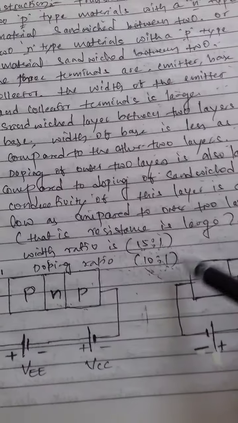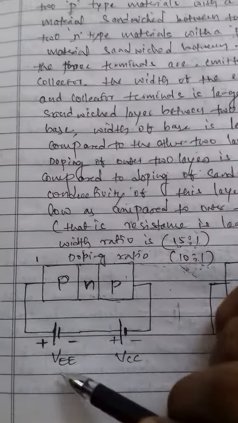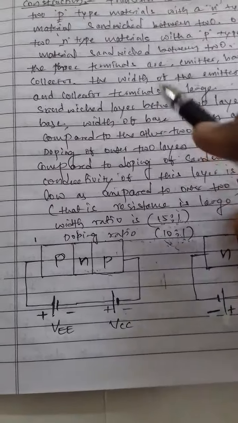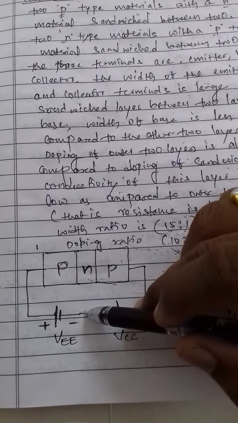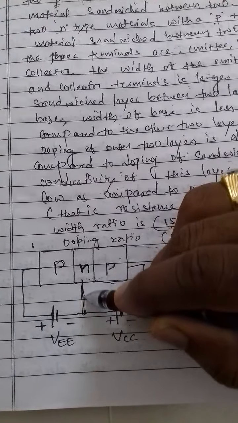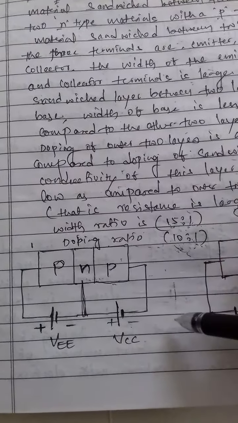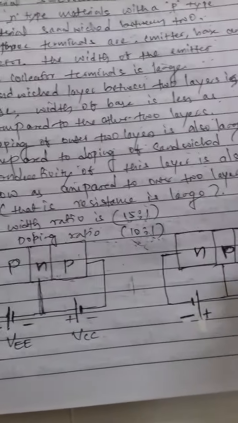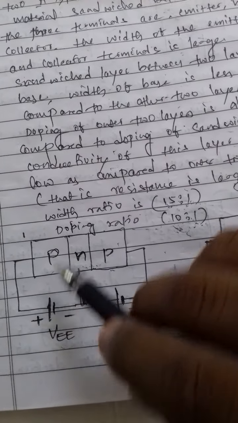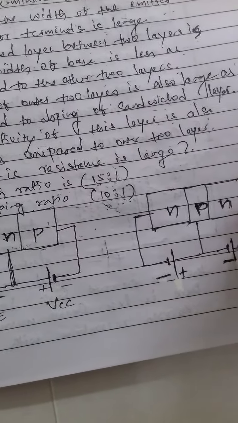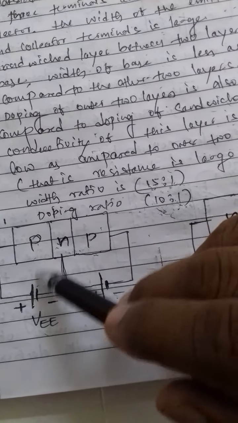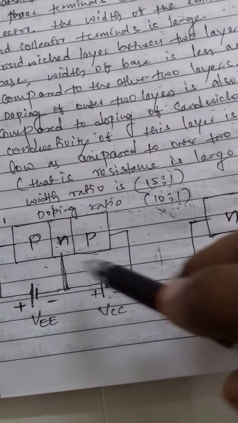This is how we shall apply the voltages to the transistors, so that, depending upon our requirement, we operate the transistor in the different regions. This is how we apply the biasing voltages for a PNP transistor, and this is for the NPN transistor. For this one, the emitter base junction is forward biased. Here this junction is reverse biased.